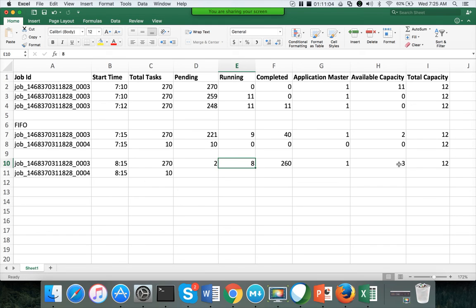Even though there is 3 available capacity, as there are still 2 tasks that are pending for this job, okay, still all the tasks will be pending here.